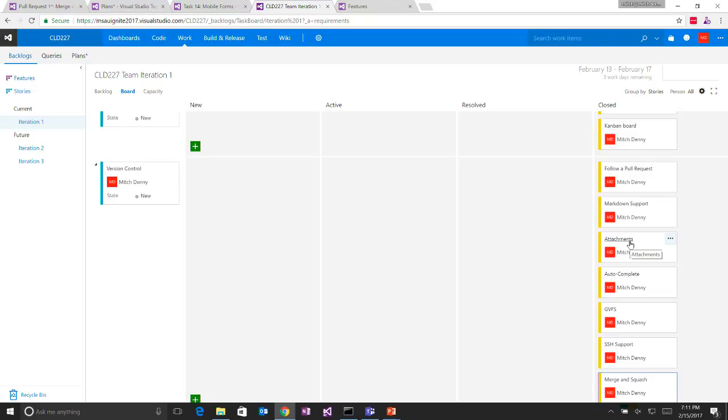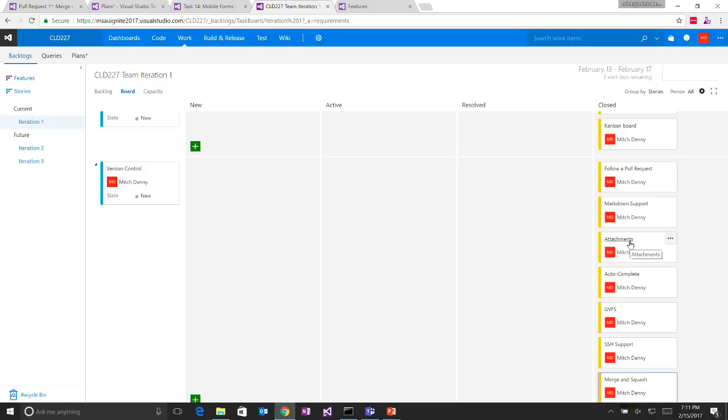In fact, the same team that works on the Git work also works on the Team Foundation version control work. And so where it makes sense to build a feature so it works with both Git and TFVC, we do that. Other times it might make sense to just do it on Git, or just do it on TFVC. But the fact that I talk about Git a lot in this presentation is really because